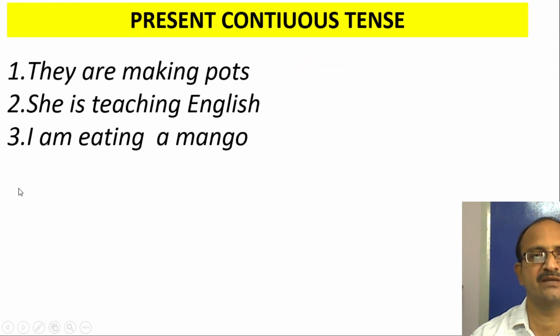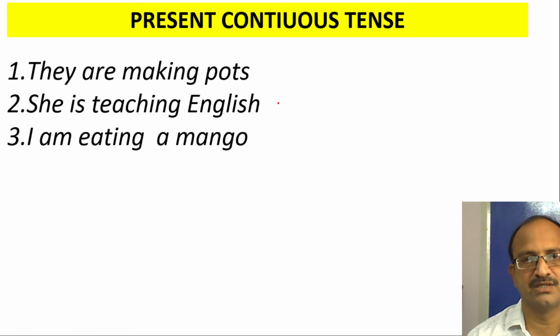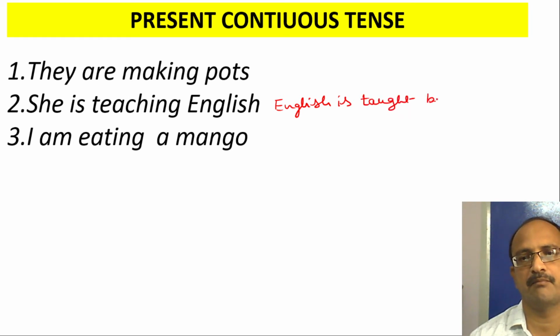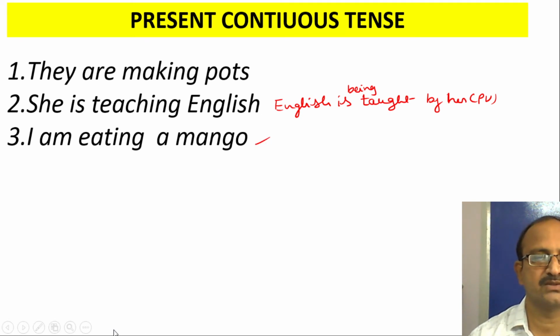So, she is teaching English. You can write the sentence starting with English. So is, am, or are: you take is since it is singular. What is the V3 form? Taught. English is being taught by her, in the passive voice. Being is the new word. So this is for you, please try and find the answer. Okay, so next, let's go for the next one.